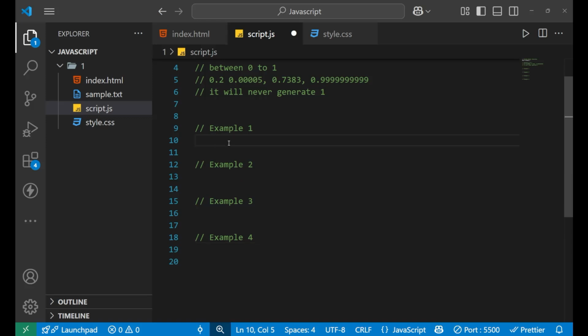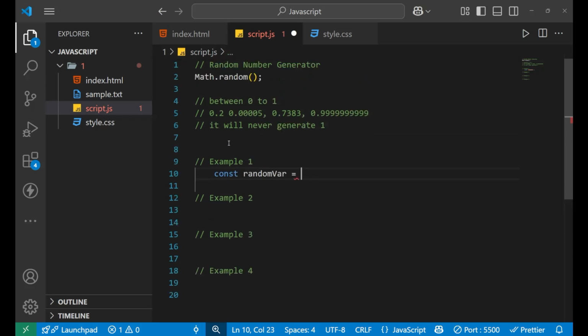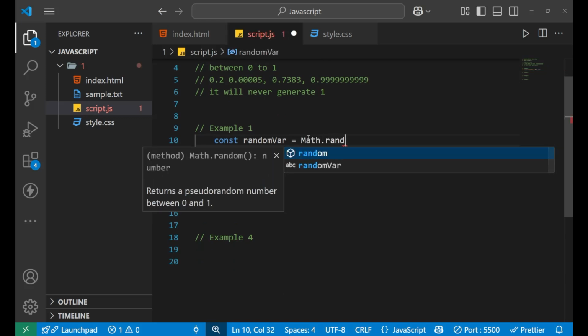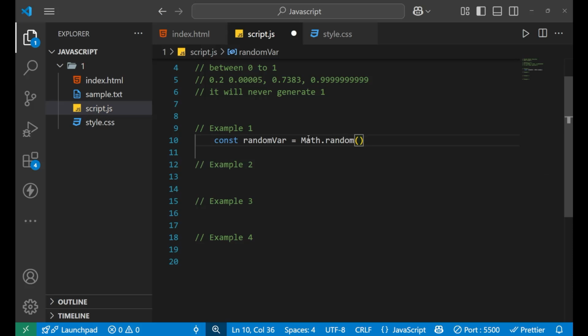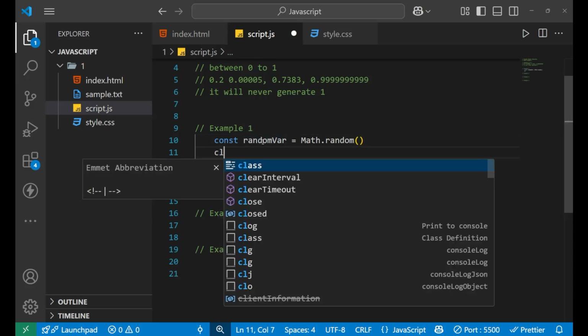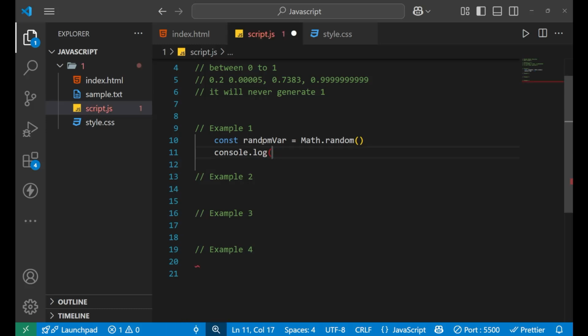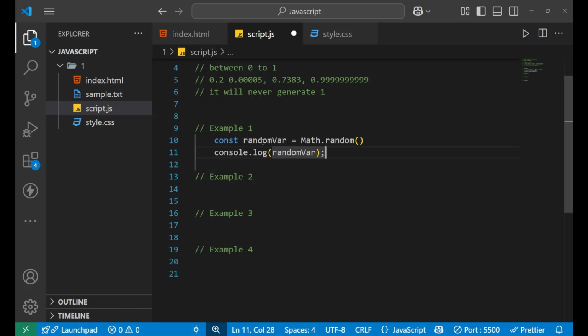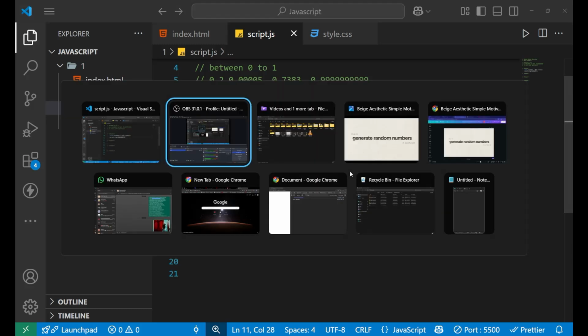For that I'm going to use a variable name randomVar equals to, and inside of this I'm going to use the same syntax as before: Math.random with brackets. Then I will print this random variable.